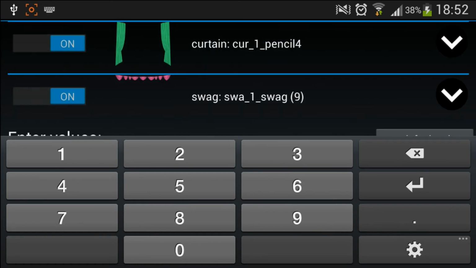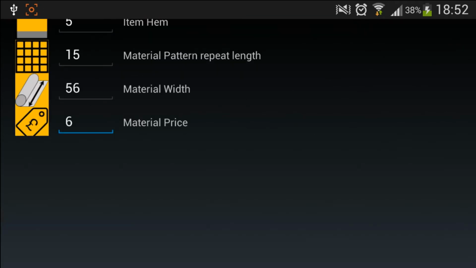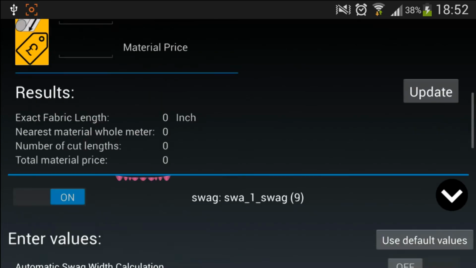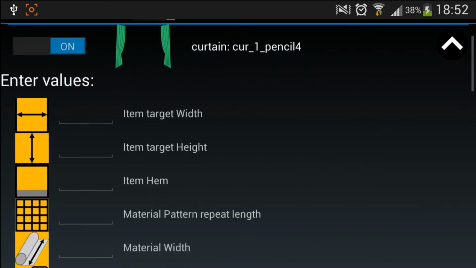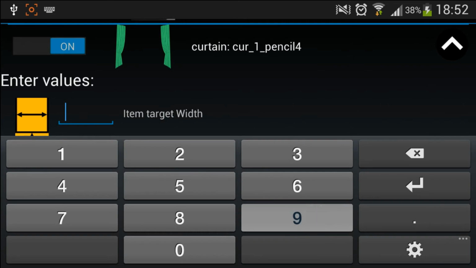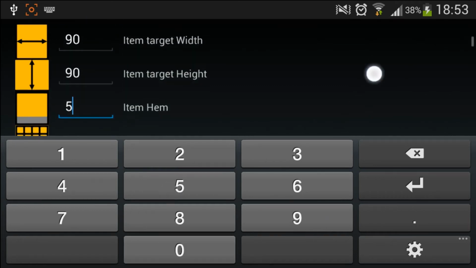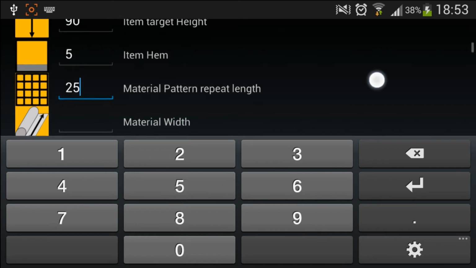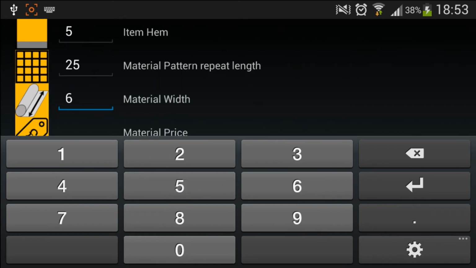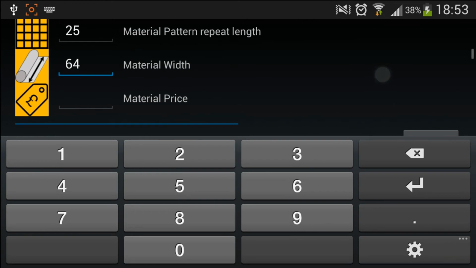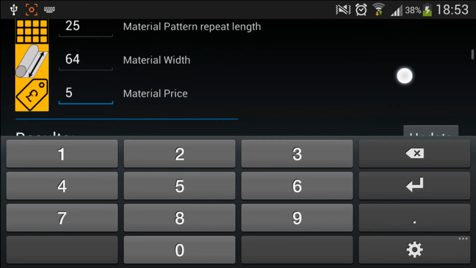Also, if we want to calculate for curtains as well, we go to curtains, and let's enter values quickly. 95, 25, 50, okay, 64, 5.